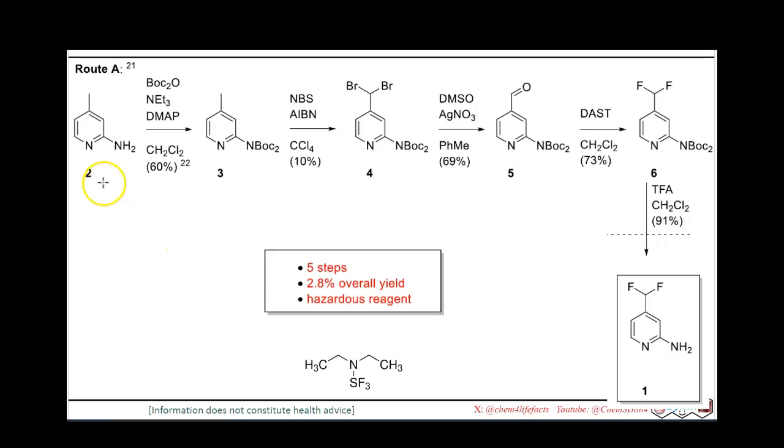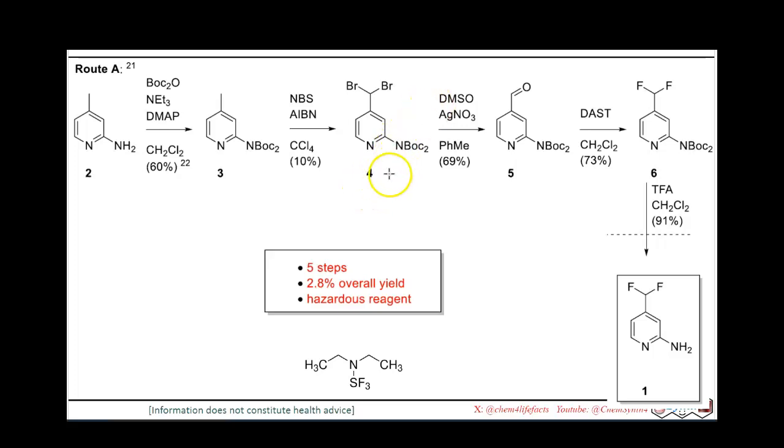Like one of the routes starts with 4-methyl 2-aminopyridine, where that amine group was protected using Boc anhydride to get this bis-Boc intermediate, which was converted into the gem-dibromomethylpyridine intermediate 4 through a radical bromination reaction using N-bromosuccinimide and AIBN in carbon tetrachloride. You can notice this bromination step yield is only 10%. That is a very poor yield,